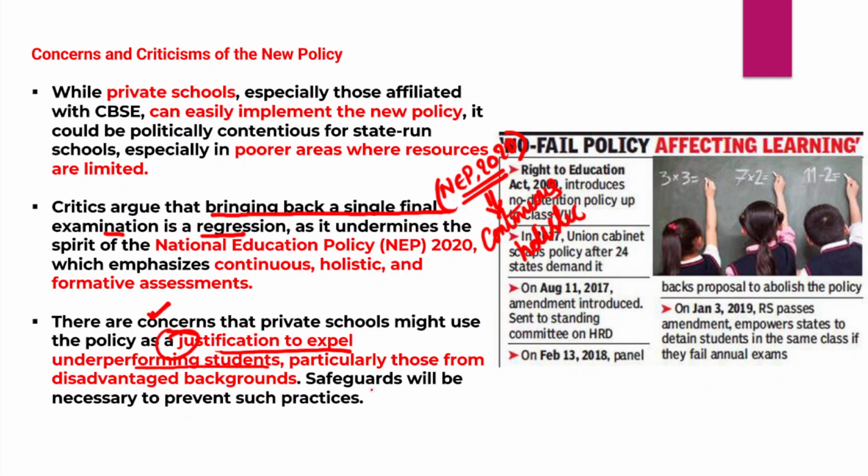So therefore, adequate safeguards are necessary to prevent such practices. The government needs to introduce necessary measures to prevent such practices by the private schools. And it is also important to protect the interests of disadvantaged students, or students from the disadvantaged communities. So it is also about the literacy rates of India, literacy rates of women, schooling infrastructure. We should also look into all those different aspects when we are introducing this detention policy again for class 5 and class 8 students.